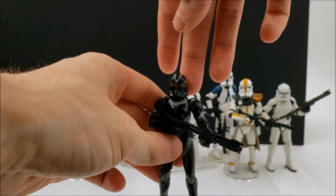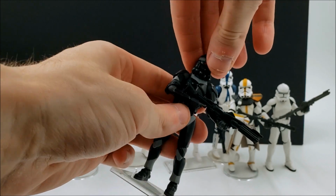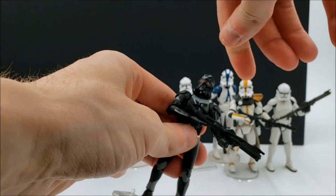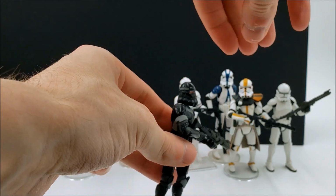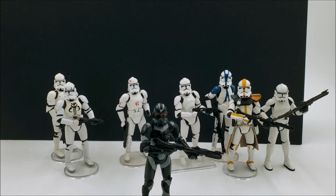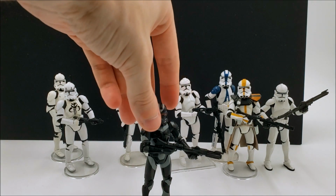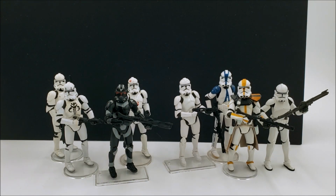And because he has a little bit of a shorter stump his head sits on, and basically next to no neck, his head doesn't really rotate around so much. It's about the most movement you're really going to get out of it. Not that big of a deal though. But still, that is a slightly different variant of a Phase 2 clone trooper. As far as I know, after that,